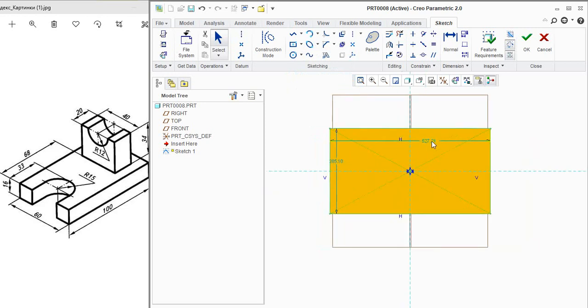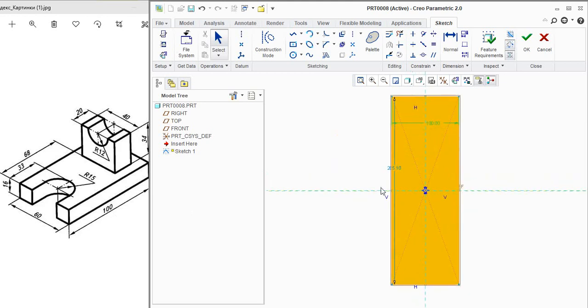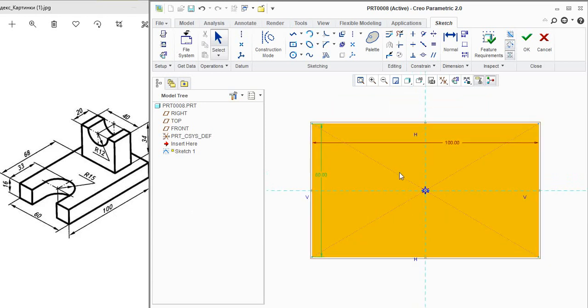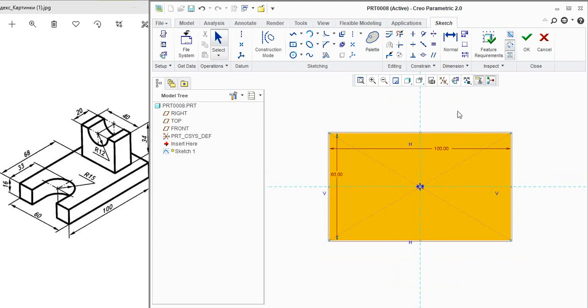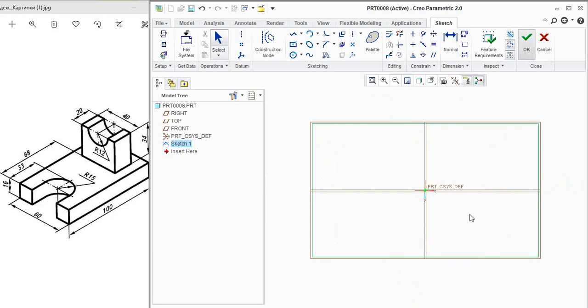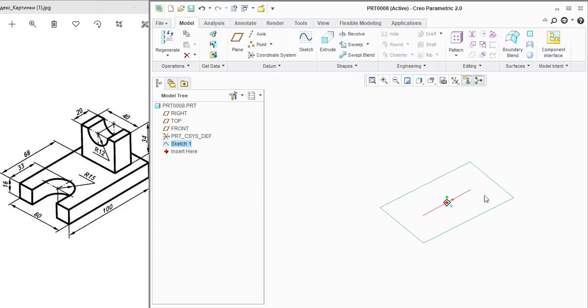Now we will give the dimension as 100 by 60. We have drawn our basic rectangle sketch, and then press OK to exit the sketch command. We have created a rectangle.